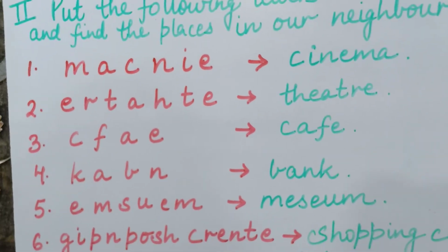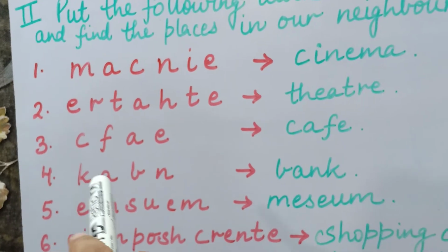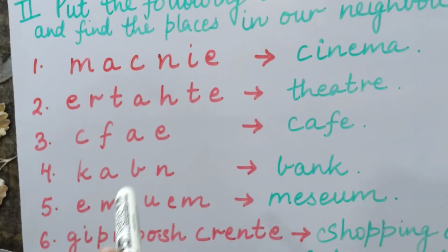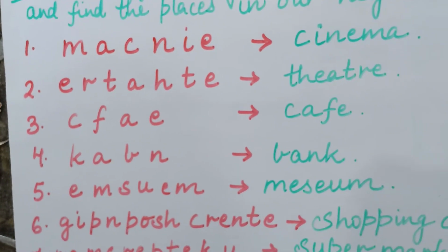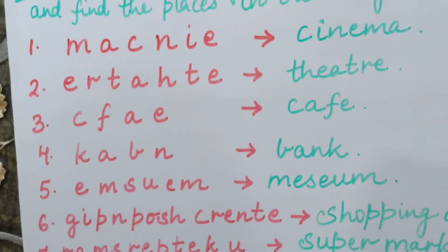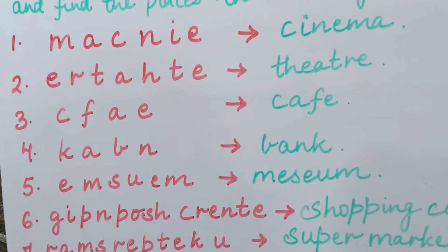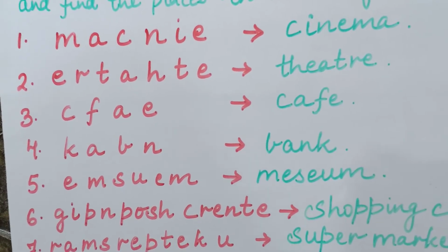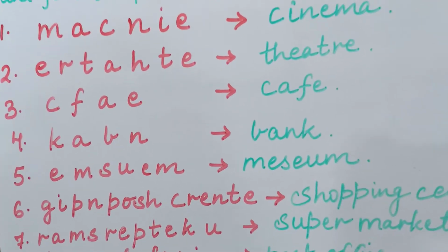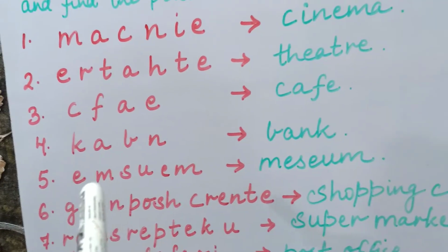Now the fourth one is KABN. What is the correct answer? Bank. BANK, bank. Okay, and bank is a place where you keep your money and jewelry safe. Okay, now the fifth one is